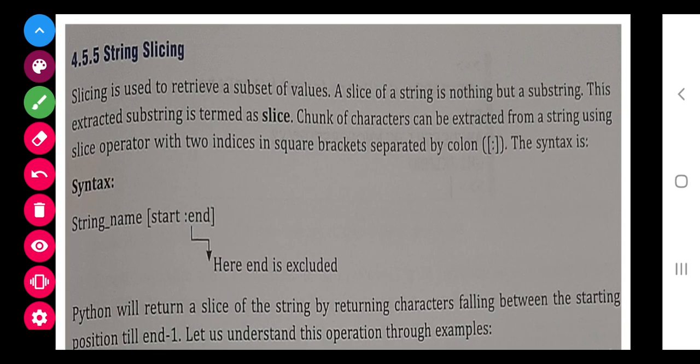Now the next part is string slicing. String slicing simply means from where you want to start and where you want to end. Suppose your string is Python.